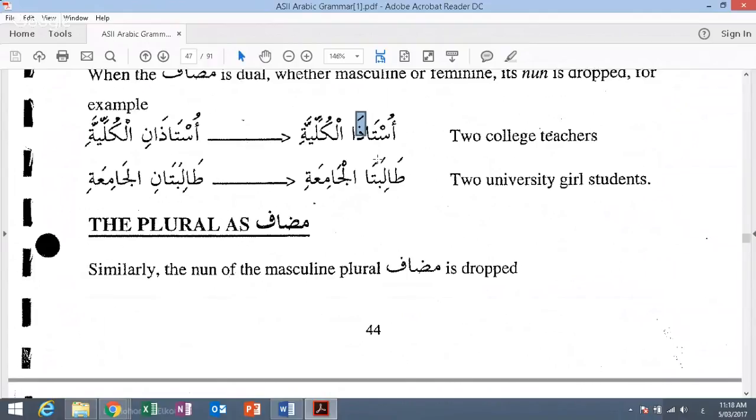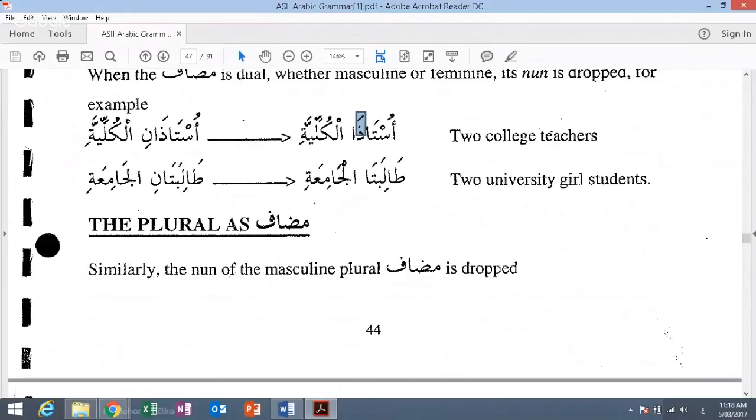Now you are not looking at the words. Like you're listening to my bayan, or my talk. So do I mean one person or two persons? Laqaytu Ustaz al-Kulliyati. So how do you know that I mean one person or two, one ustad or two ustad? Because the ustaz is the object. Object is always mansub. We have to put the fatha on the object. So now I'm telling you the way.